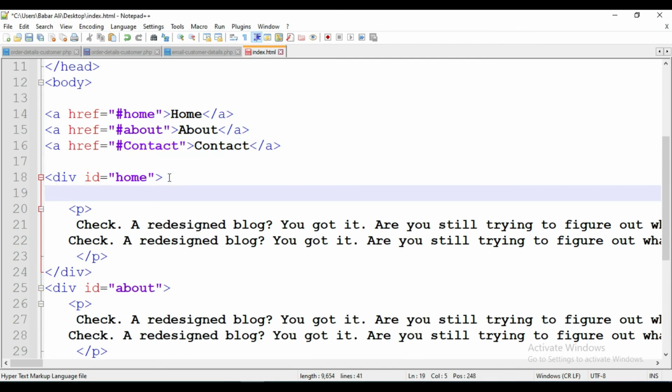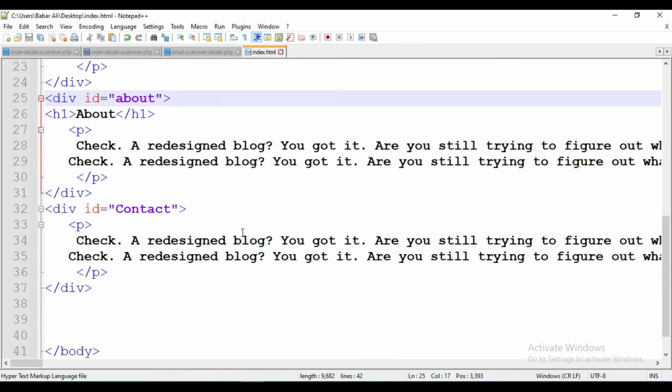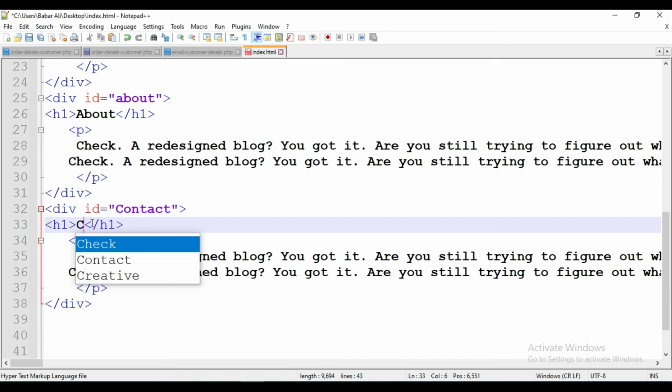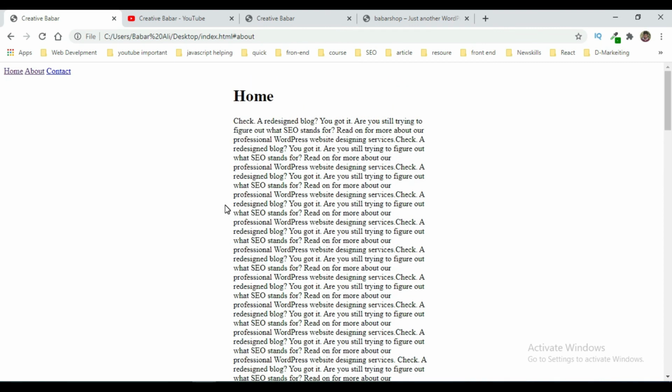Here I am putting a heading, home, and I am going to copy it, put it here and call it about, copy it again, and here we call it contact. Now we will understand how it works. So this is working like that.